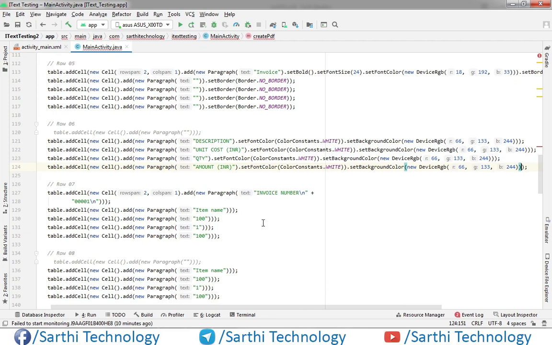So now the next is invoice number. So again for the invoice number we need to create one text object.